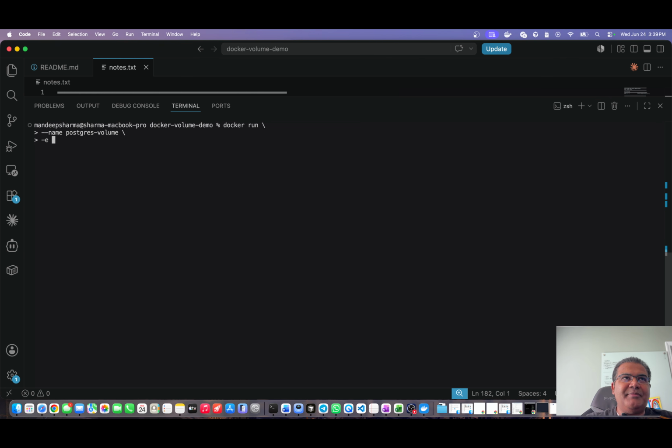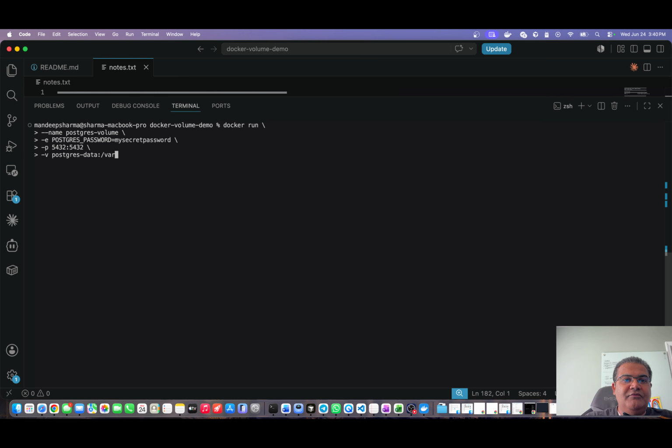Same commands that I used in the previous example, just the name is different. -e POSTGRES_PASSWORD=mysecretpassword, -p 5432:5432, -v postgres-data: